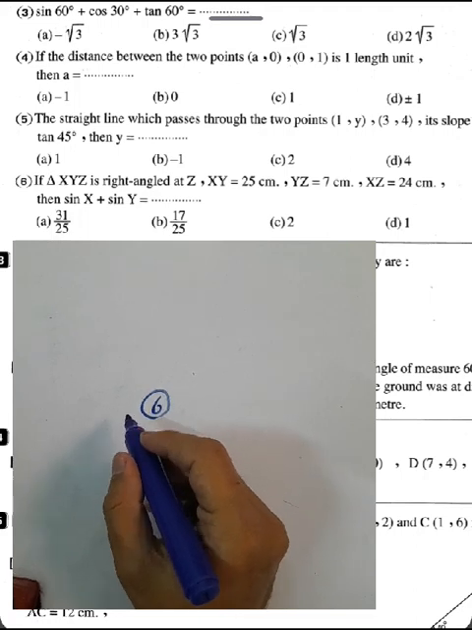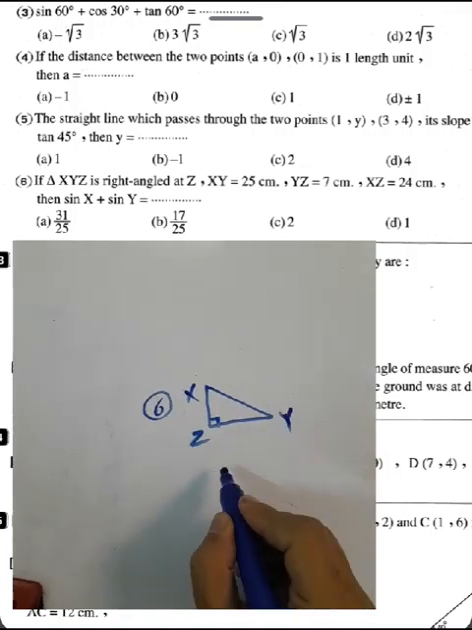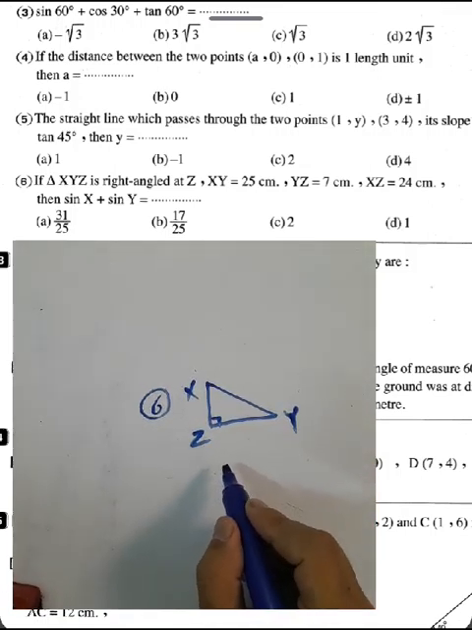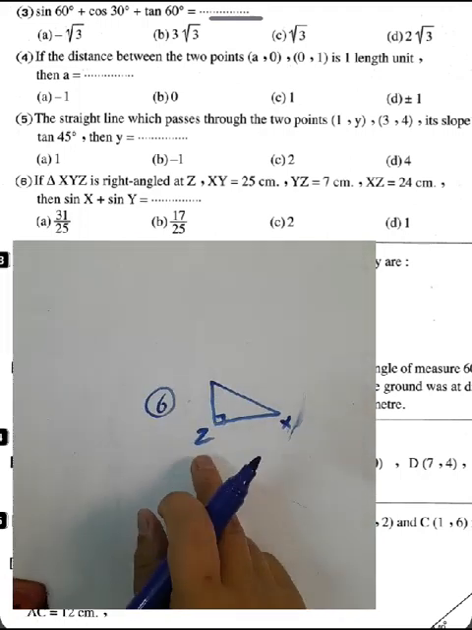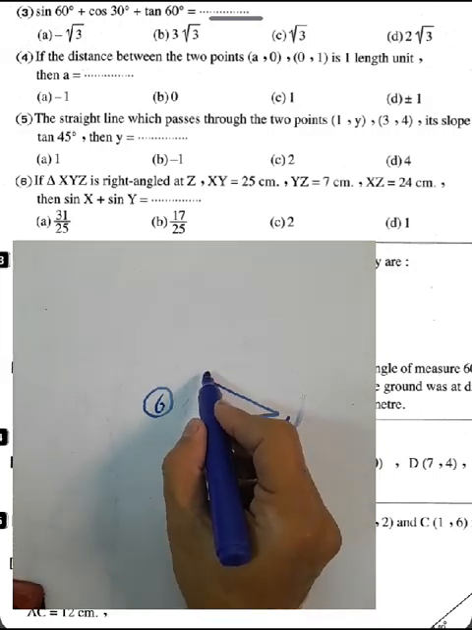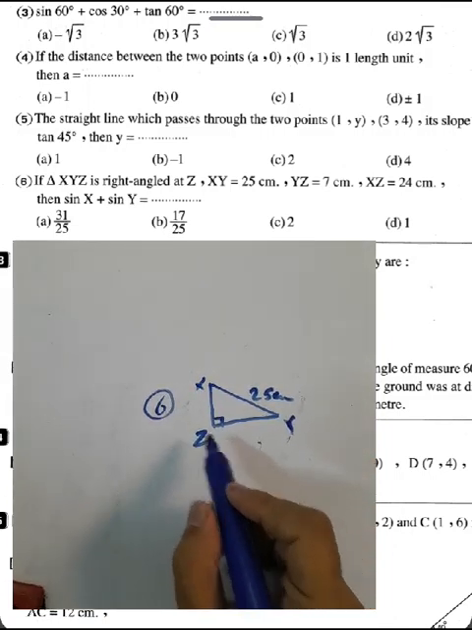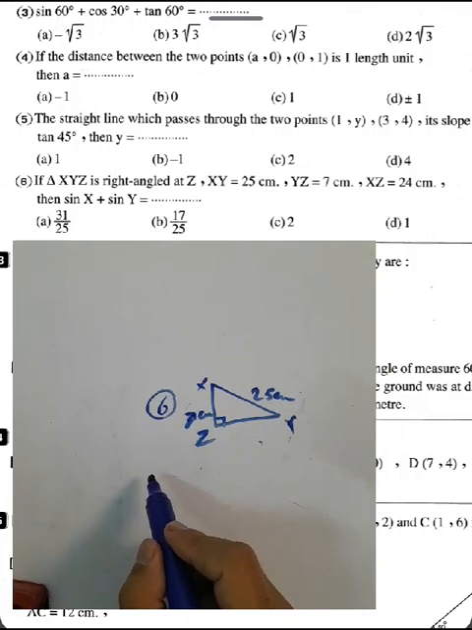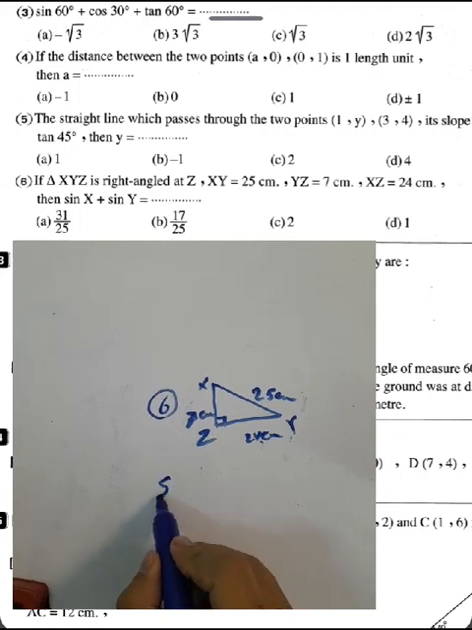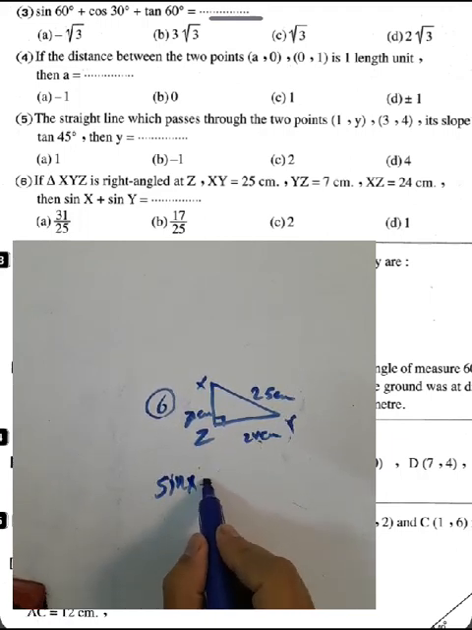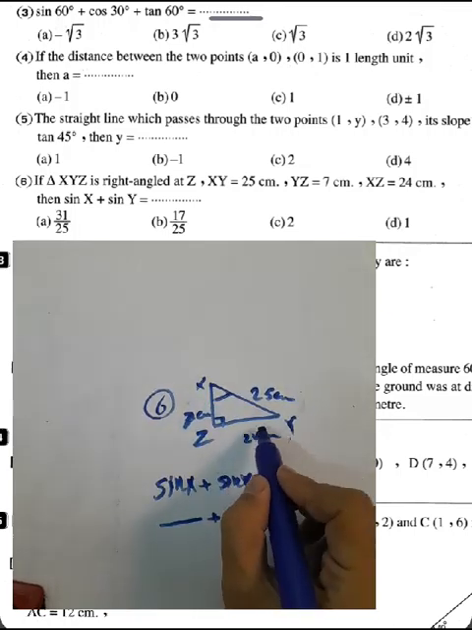If triangle XYZ has a right angle at Z, XY is 25 centimeters, XZ is 7 centimeters, and ZY is 24 centimeters, we want to find sine X plus sine Y. Sine X